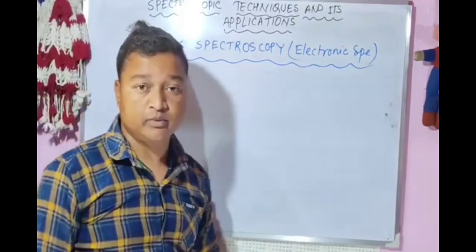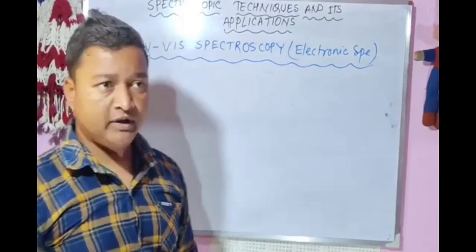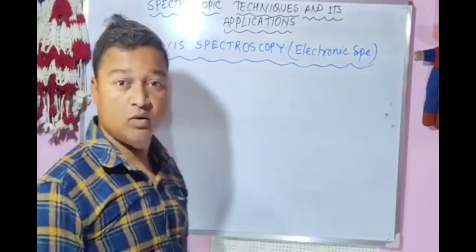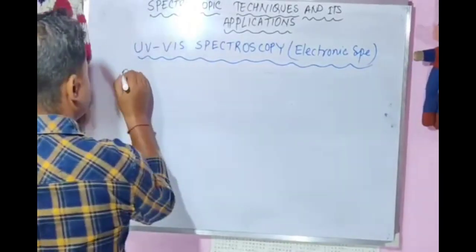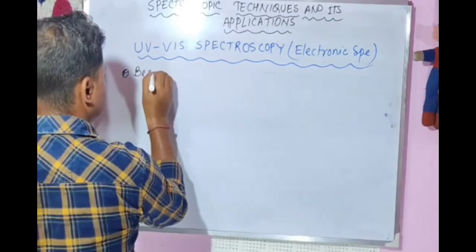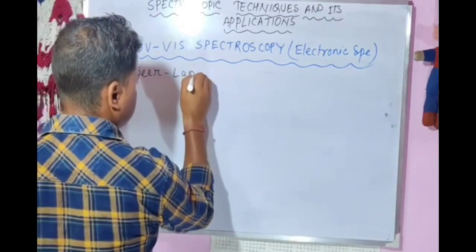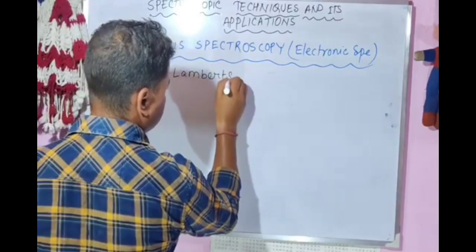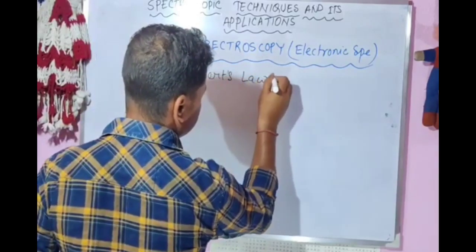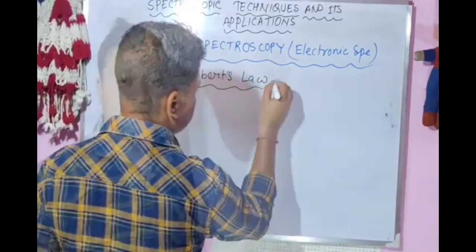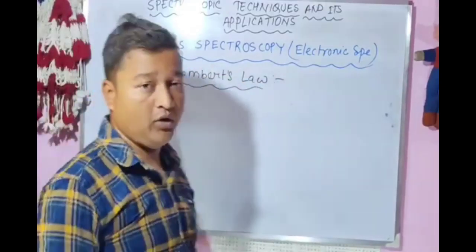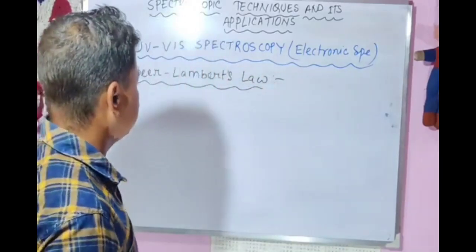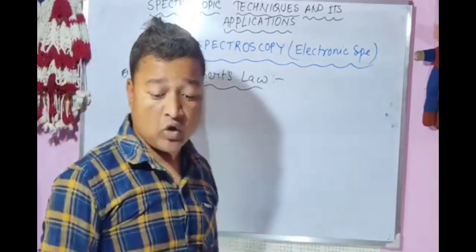Before the discussion about UV visible spectroscopy, we need to know about the Beer-Lambert law. So at first we know the Beer-Lambert law. Beer-Lambert's law is an absorption law. In this law, the law is when